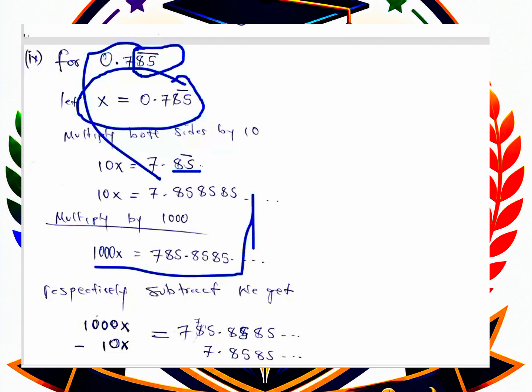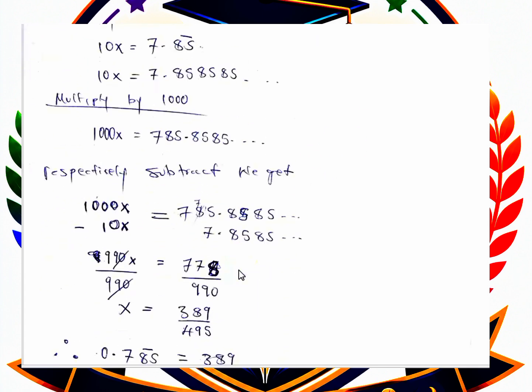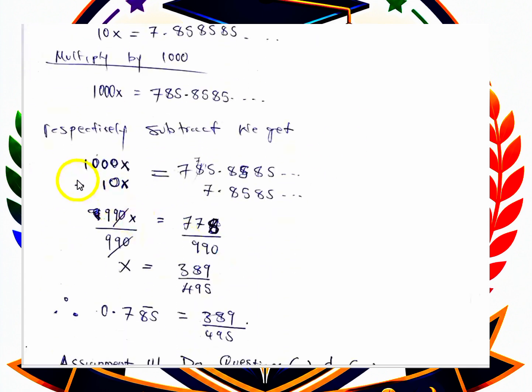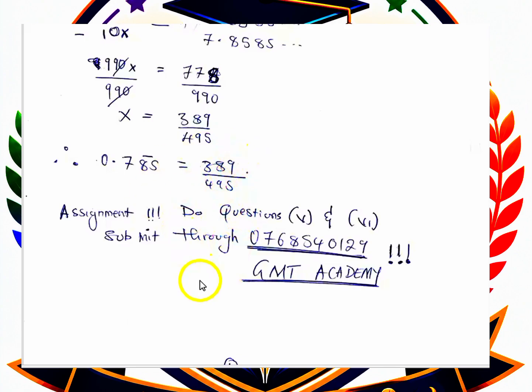Now we label this one as equation 1 and this one as equation 2, then subtract equation 2 minus equation 1. So 1000x minus 10x gives 990x. This is the final answer. Now the assignment which I'm going to give you is that you're going to answer